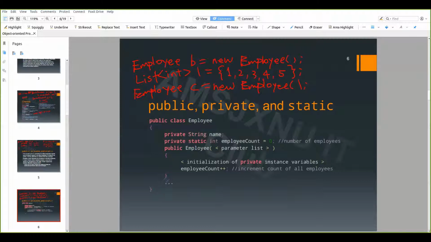We can define a function here, public void print. And we define a print here. Then, for example, System.out.println, the classical scheme, employee count,